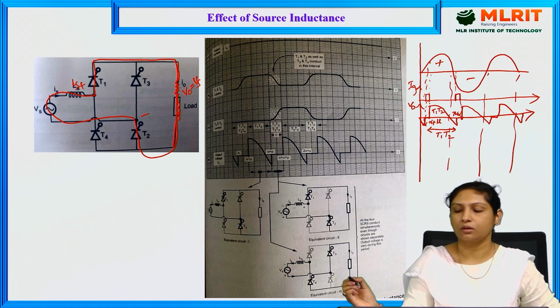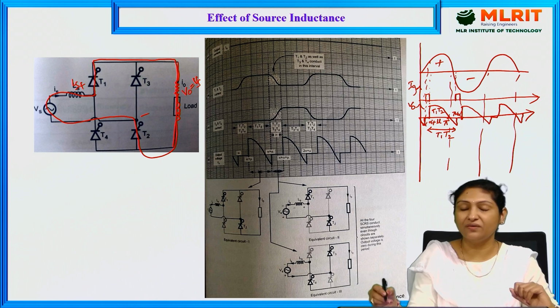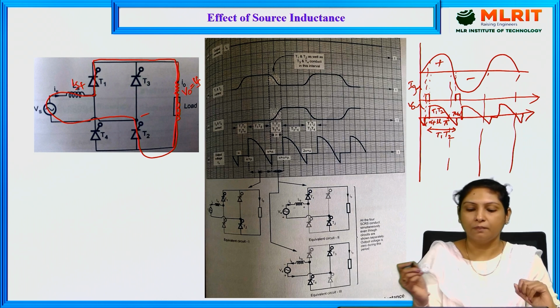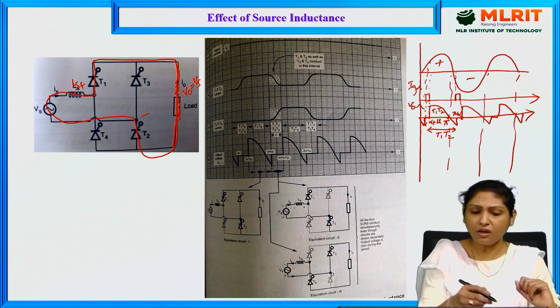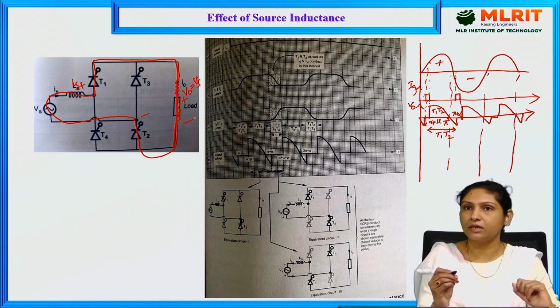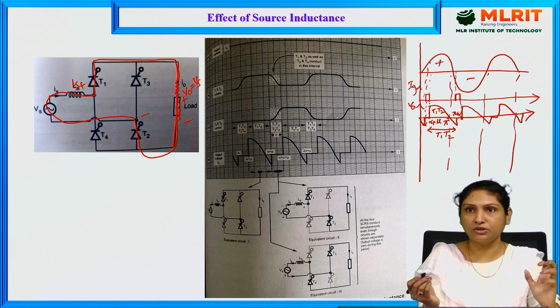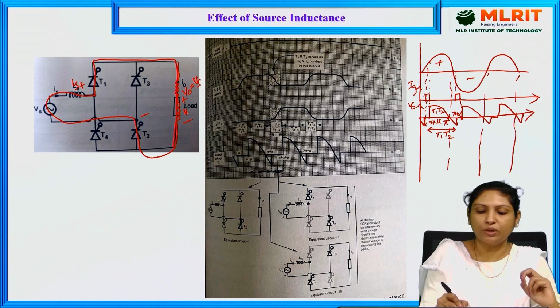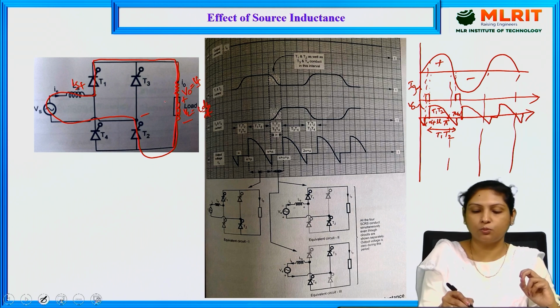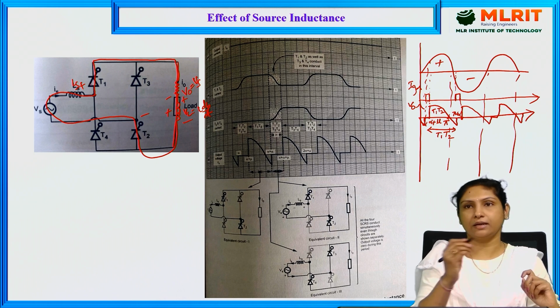the load. Okay, and at this instant called pi, what happens? Usually the negative half cycle appears, and because of which T1 and T2 need to be turned off. But here an inductor is present. During the positive half cycle, the inductor is charging, and by the time the positive half cycle is completed, there will be a certain amount of energy stored in the inductor, and that is VL equal to L into di naught by dt. And the inductor changes its polarities so as to maintain T1 and T2 still in conduction state